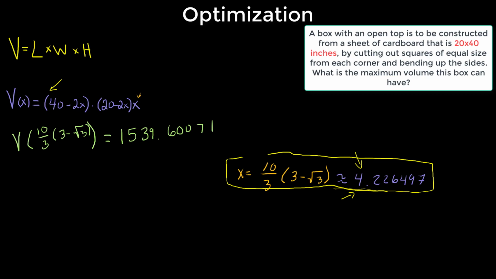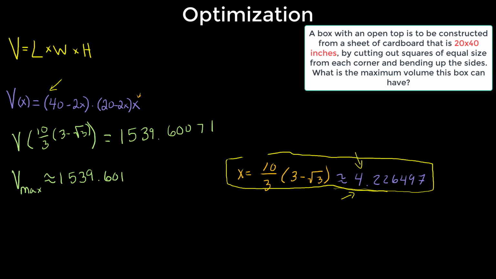We need to make sure we give proper units and we make sure that we round. If you're in AP Calculus, make sure you round to 3 units. Everybody else, make sure you listen to your instructor. If they say 2, go 2. If 3, go 3. It's fine. And so then our volume, or our V max, is approximately 1,539.601